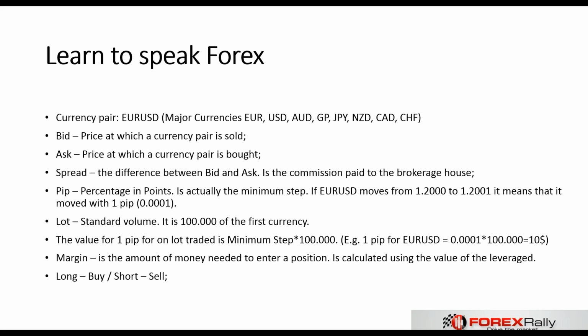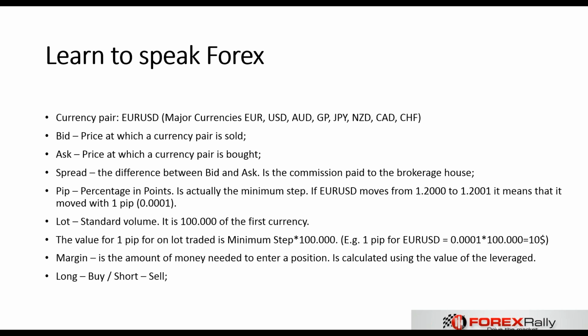So let's take another example, maybe euro with Great Britain pound, euro GBP. If we want to trade a lot of euro GBP, it means that we will actually trade 100,000 euros. If we will trade, let's say, USD JPY, this means United States dollar with the Japanese yen, we will actually trade one lot of USD JPY, which is equivalent to 100,000 USDs.